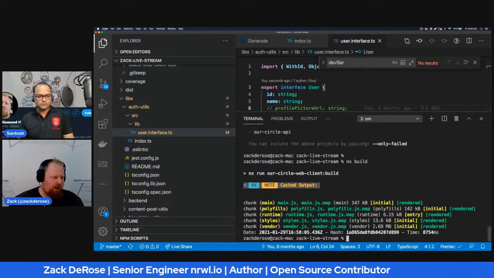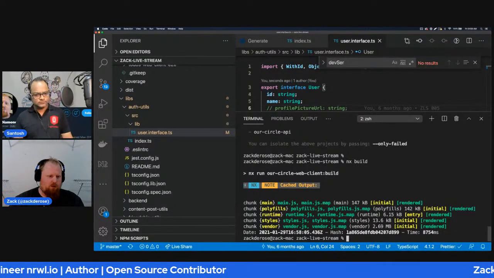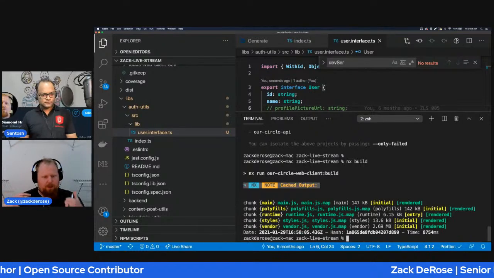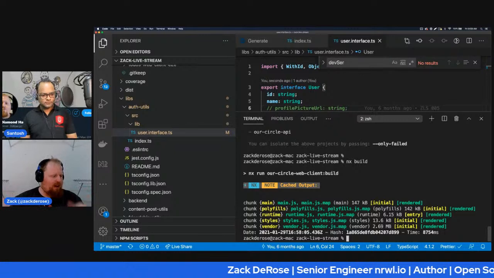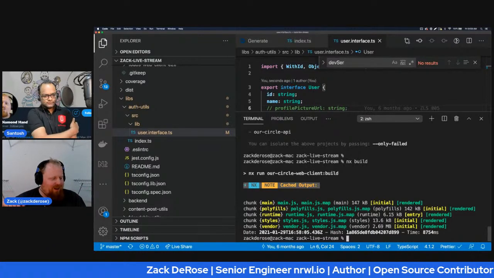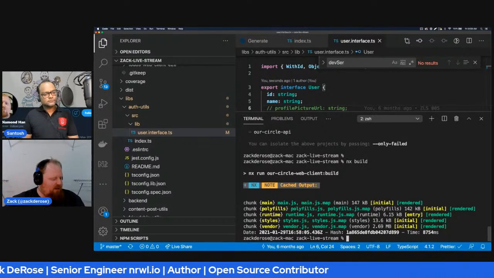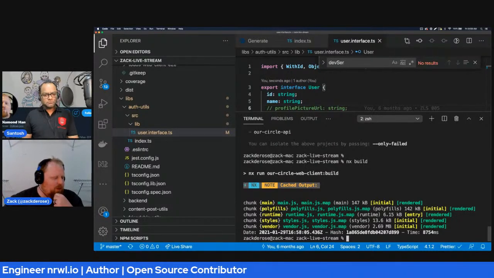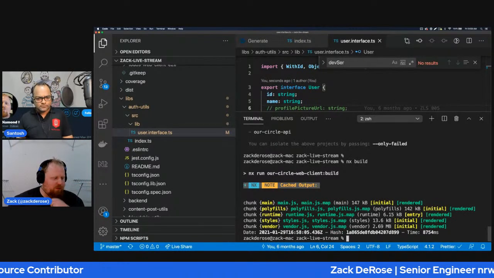I'm just going to pull that out of the cache this time. I think in this case it's my local cache that's being used because it was actually this computer. But by being hooked up to NX Cloud, if a friend of mine was also building this and happened to build this source code already, I could just pull down his or her build artifact directly from the cloud.